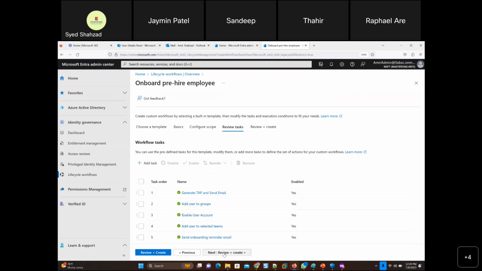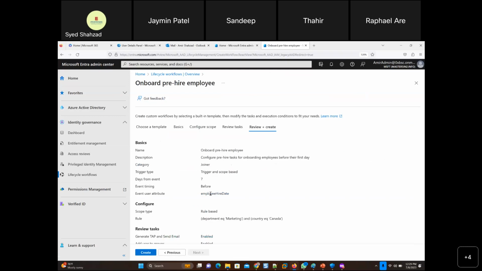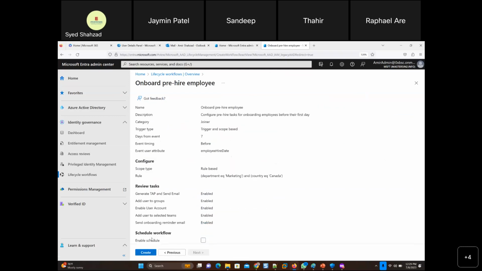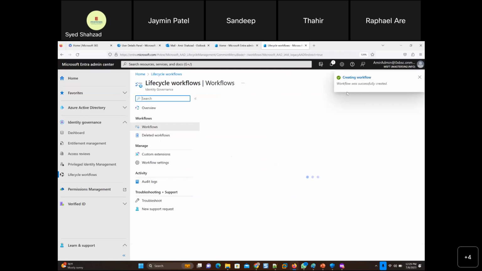So that's pretty amazing, right? And review plus create, you have more flexibility here in this workflow. And then enable schedule. Okay, that we can do later as well. But right now, let me click, and then creating a workflow.